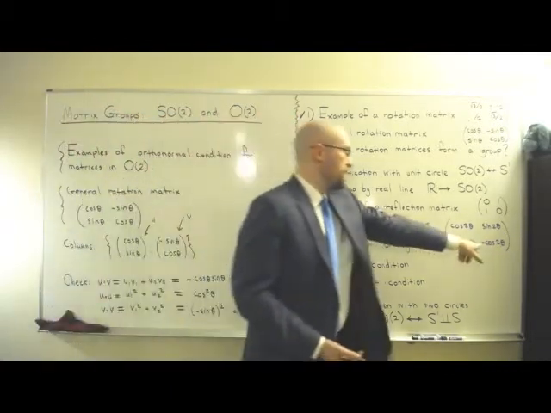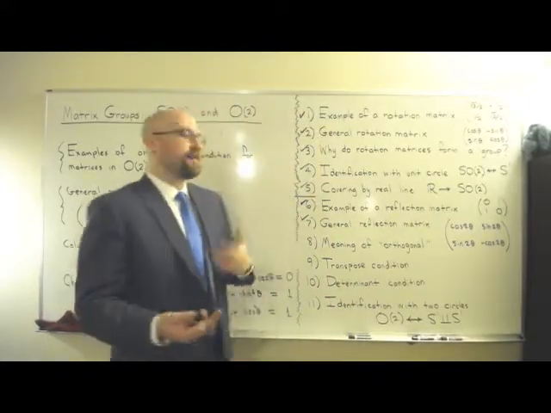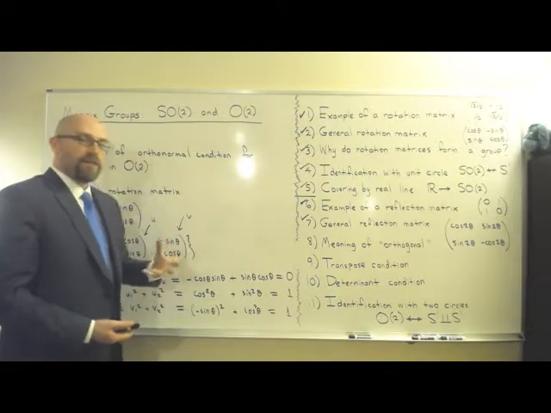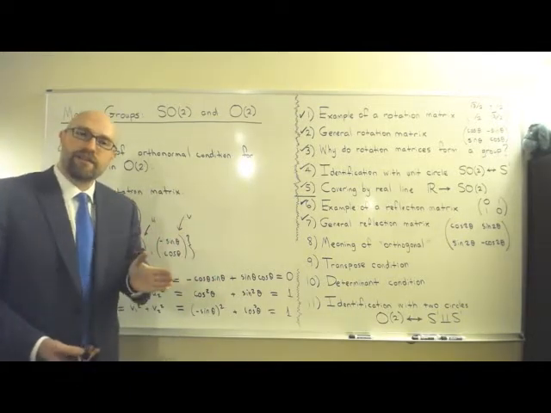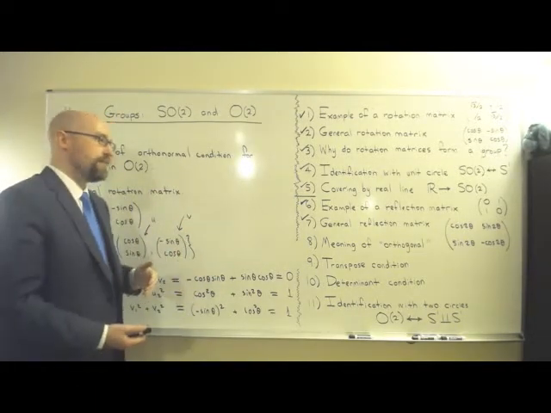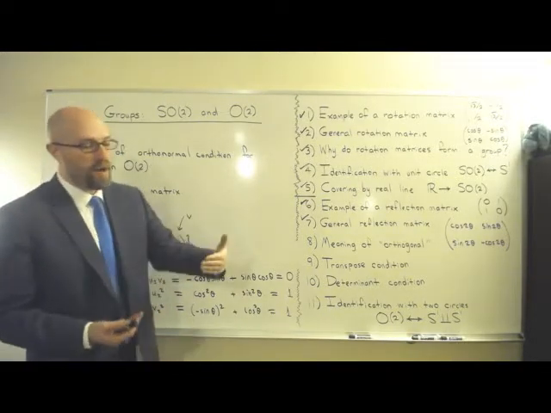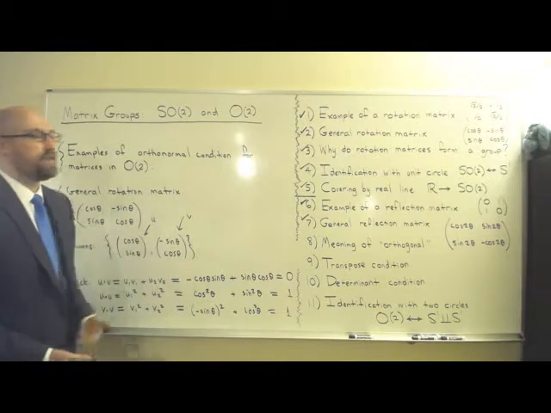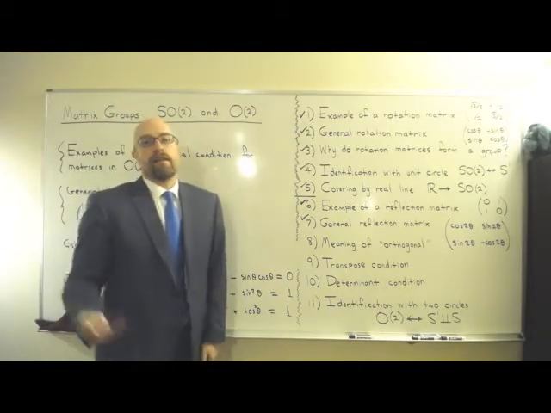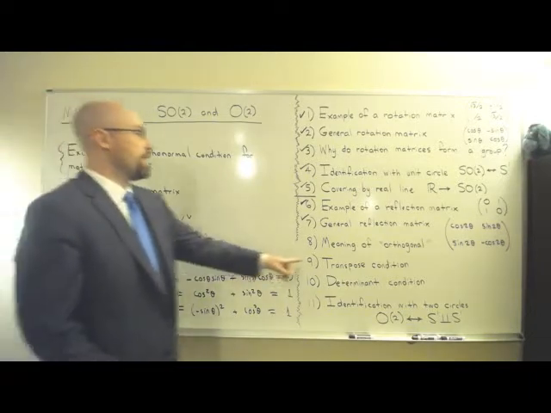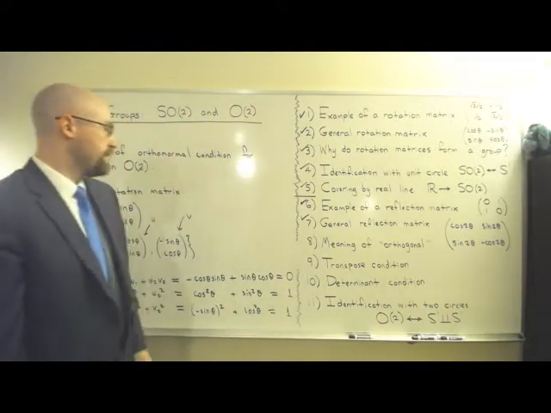There's one minus sign in here, and what that minus sign will do is it will make the dot product be 0 if you have different rows or columns, and it will make it be 1 if you have the same row or column, because it will square, and the square will make the minus 1 go away. I'm not going to write that out because this video is already too long. But that's what orthogonal means, and it's